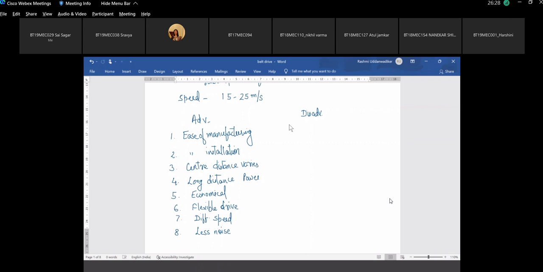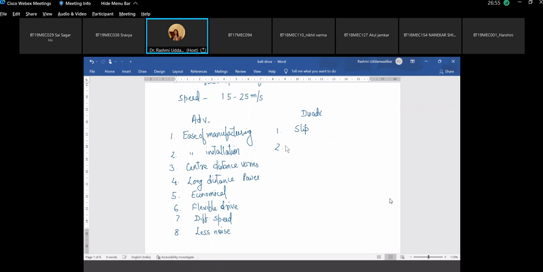Disadvantages. Can you list out the major disadvantages? Yes, more space. Slip. Slip is a major disadvantage because it is a non-positive drive. It is a friction drive. So slip is a major disadvantage,